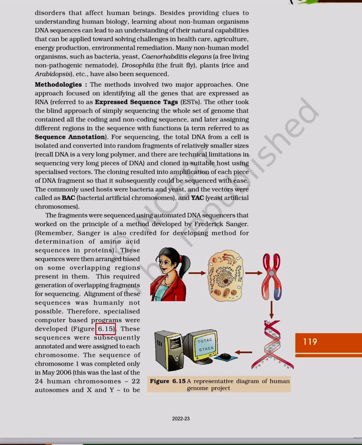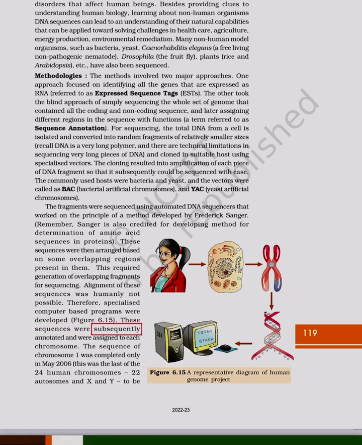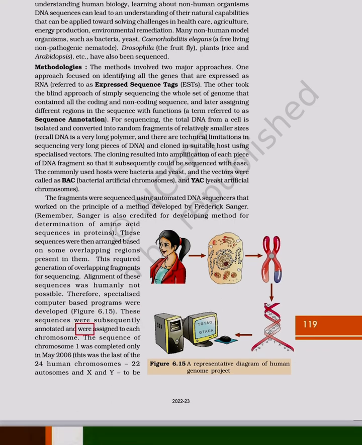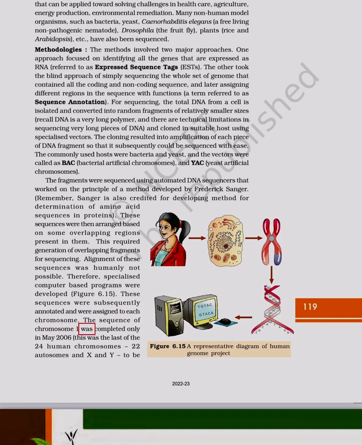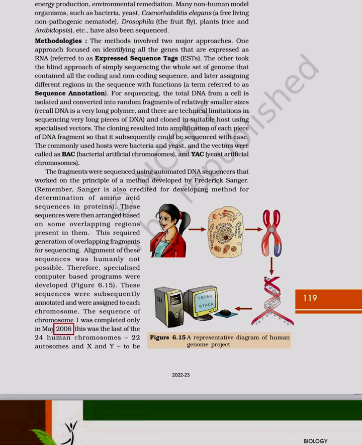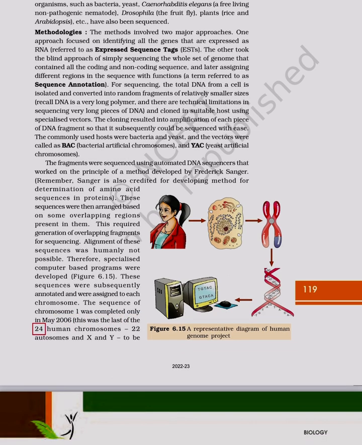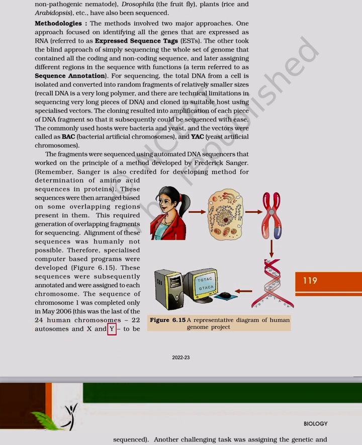Figure 6.15. These sequences were subsequently annotated and were assigned to each chromosome. The sequence of chromosome 1 was completed only in May 2006. This was the last of the 24 human chromosomes, 22 autosomes and X and Y, to be